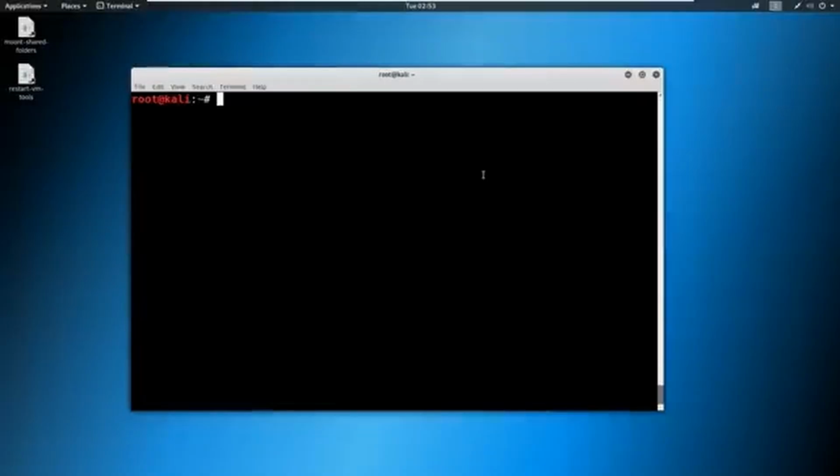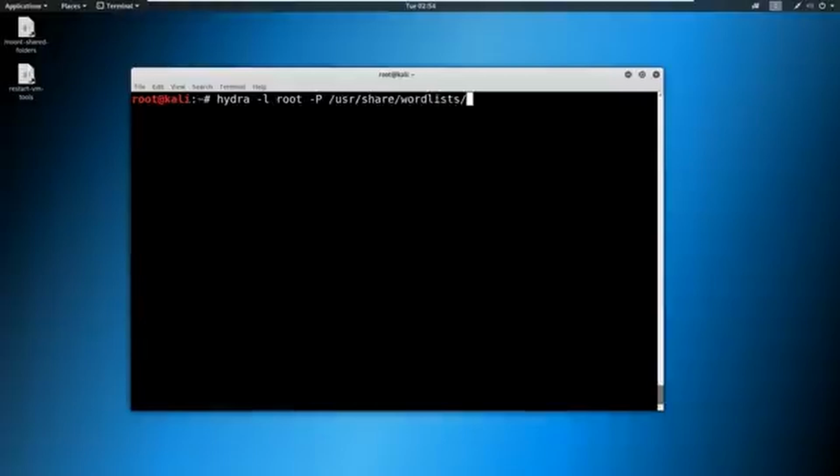So Hydra is a brute force tool. The syntax for Hydra is going to be this. We're going to say hydra, and then we're going to give a lowercase -l for the user that we're going to be utilizing. In this case, I want to attack root. And then we're going to give a capital -P for the password list. So if we wanted to use a user list with l, we can just say capital L. But here we're going to say capital P for the password list. And then we're just going to say /usr/share/